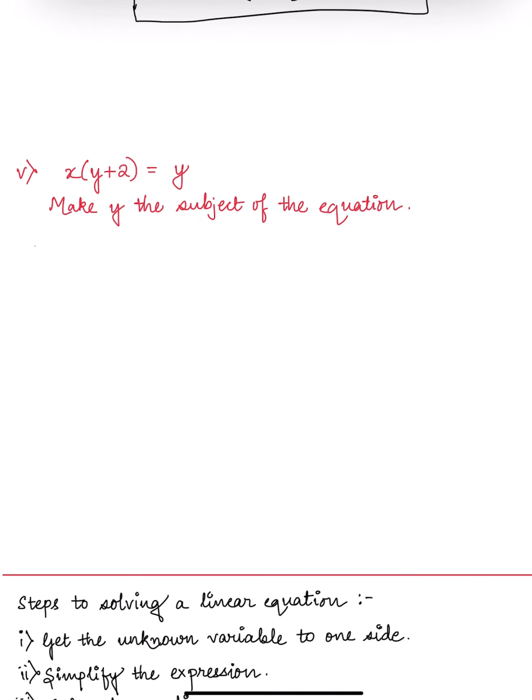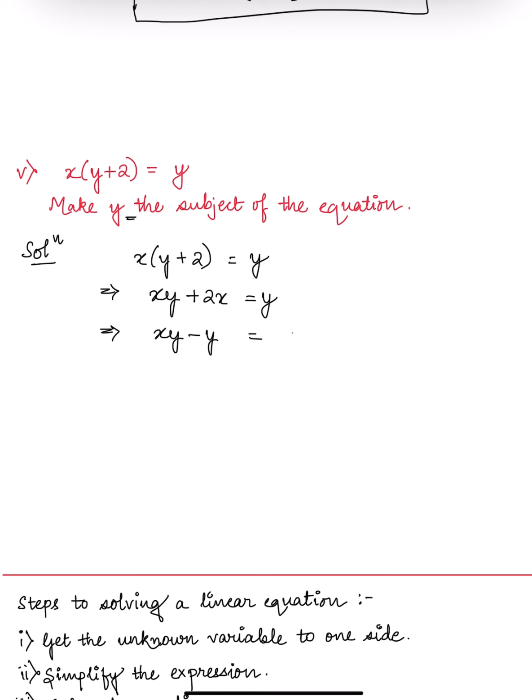And the final is we have to make y the subject. So x into y plus 2 equal to 5. The thing that we notice is that y is there on both sides. Now we have to first get rid of the brackets and then see it. Xy plus 2x equal to 5. Now y has to be the subject, so all the y's must be on the left hand side. Xy